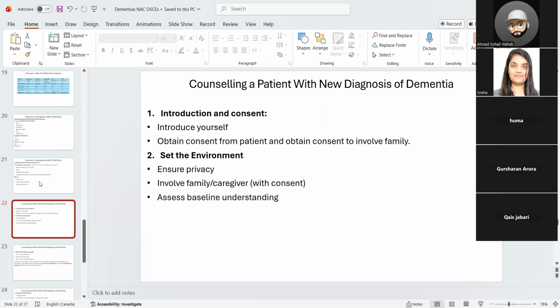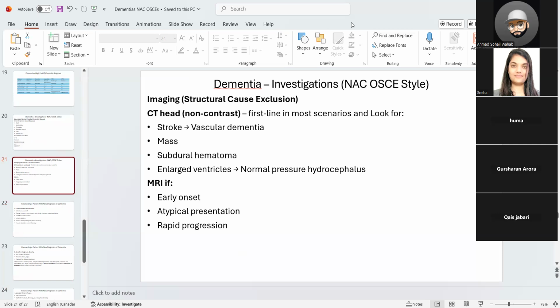Now, that's all for dementia. We will continue